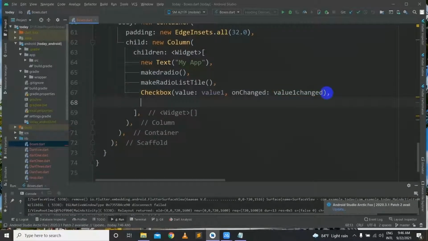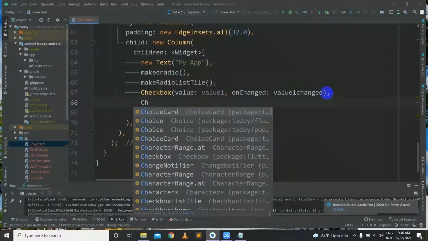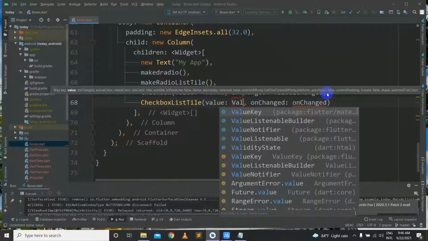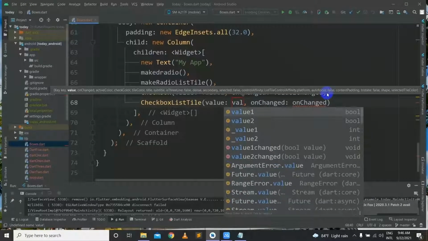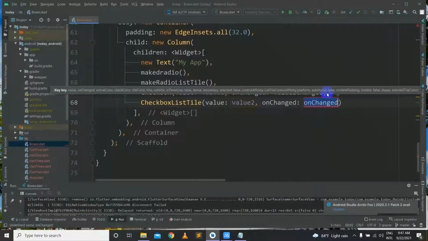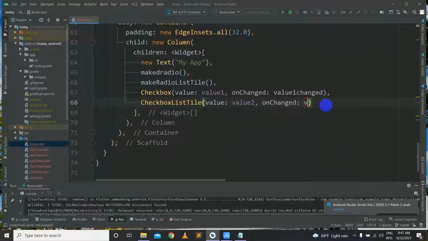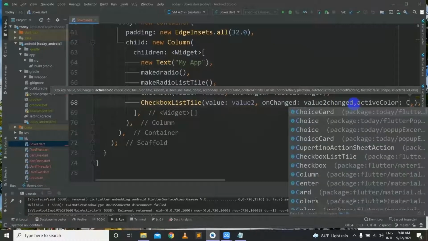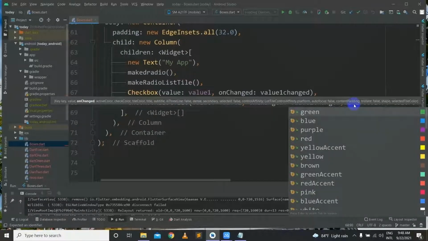And after that, let's have another checkbox list style this time, and for the value we will give value 2, and for the on change we will give value 2 change. Now let's give some other properties for our checkbox list style. This time I'll give it an active color. The color will be colors.red,